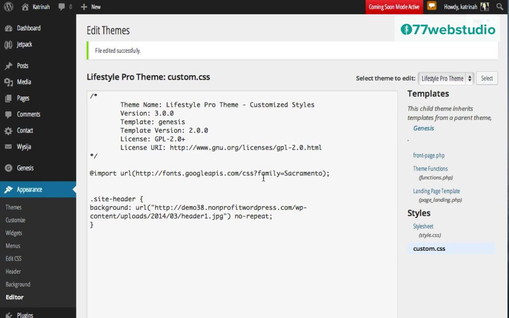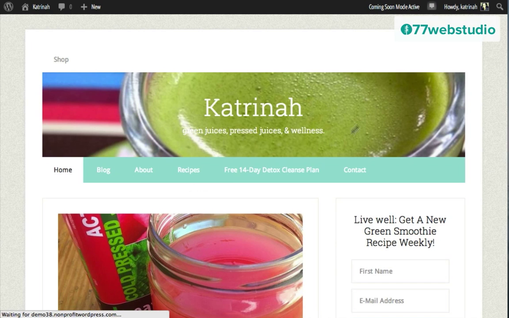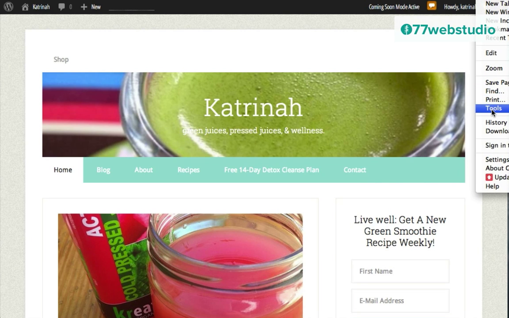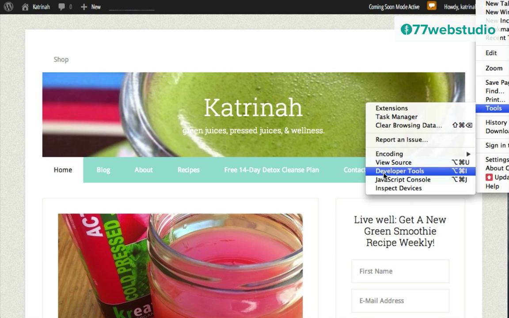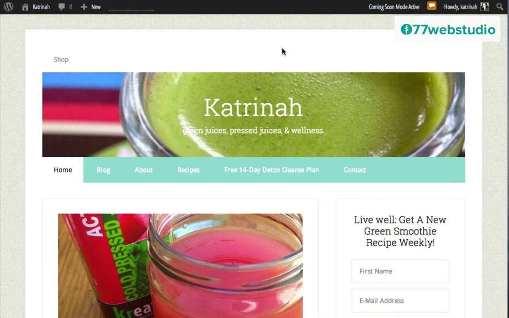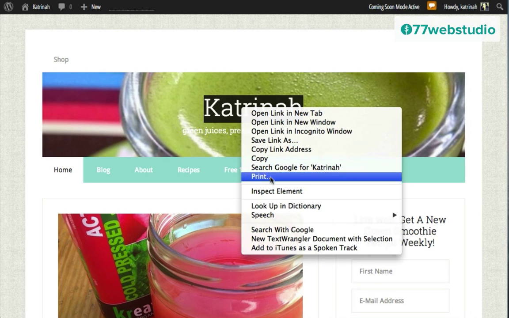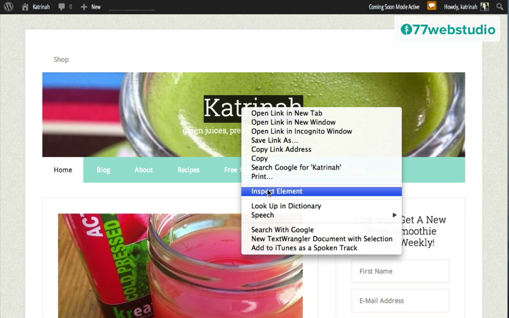So to find which style that would be for the title, I'm going to go back to the site, click on Visit Site, and here we are on the website. Now there's 2 methods to open up Inspect Elements. Number 1, we can go up to the top right-hand side as we did previously, click on the 3 lines, then click on Tools, and then click on Developer Tools, or a faster method to go directly to Inspect Elements when you're on a Mac is to hover over the element that you want, click on the Control key, then click on your mouse or your keyboard. This will open up a box, and then you can go directly to Inspect Elements.